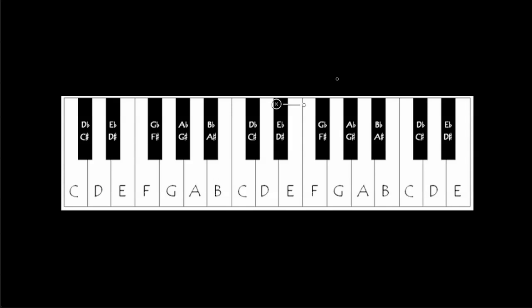So as a bit of revision, let's draw out a G major scale. So we want a G major scale. The fact that it's called G major gives us a couple of clues. The first clue is that it's obviously going to start on a G, so let's put in a G there. And the second clue is that it's got major there, which shows it's going to use the major pattern of